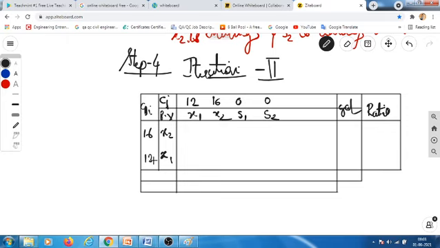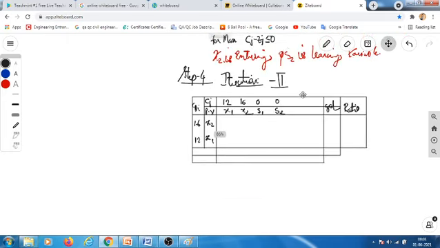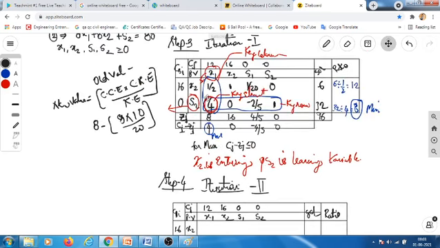So what do we need to do? What is our next step? Dividing this 4 with all the elements. We need to divide this key element 4 with all of the key row values.